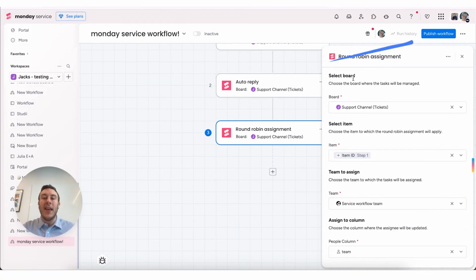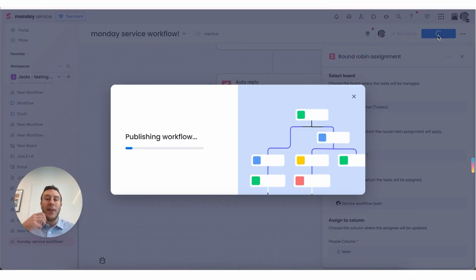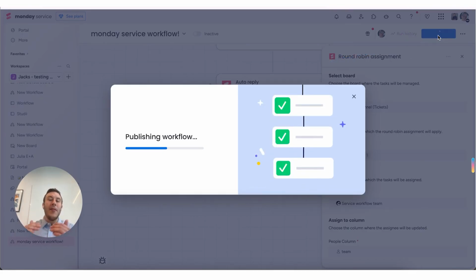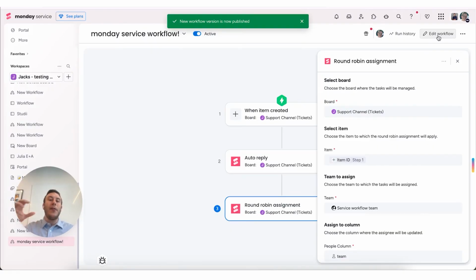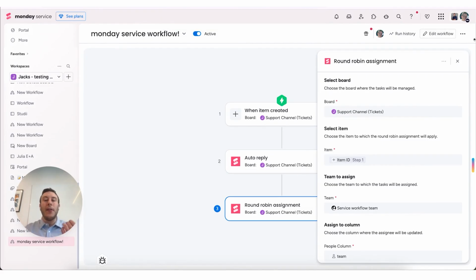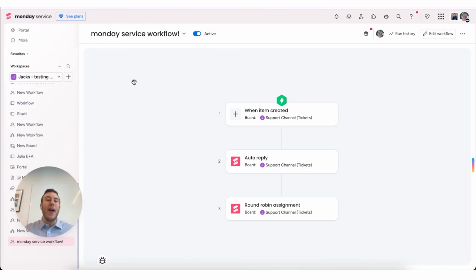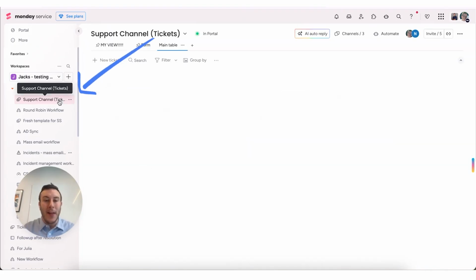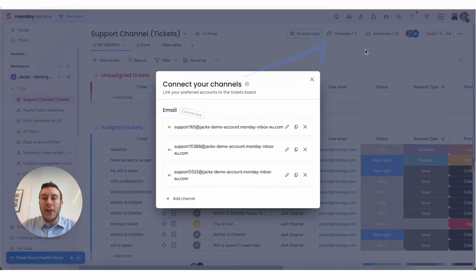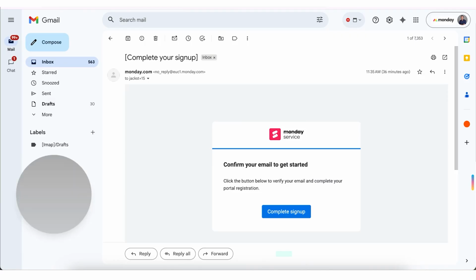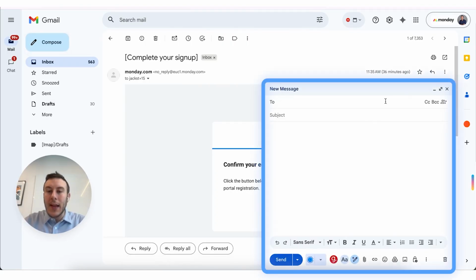So this is the life cycle of the ticket, right? So a ticket is being created, the user is met with AI auto reply, and also this automatic email. So you could have one of the two, and also the round robin assignment. So everything is automated and in place. So once a ticket is created, we'll test one here. So for example, if I go to this one, copy it, send a ticket here,